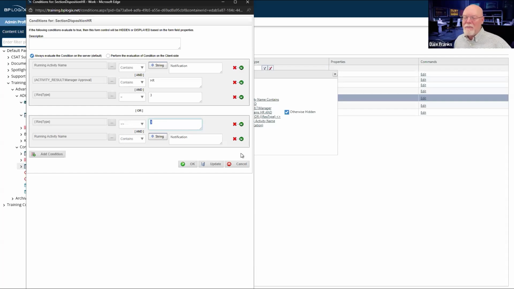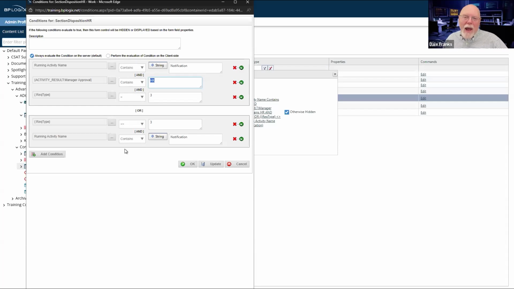But the existence of the ability of the manager to end my task with HR notification just makes everything a little more complex. So I've actually got two conditions under which this runs. A, if it's any request type other than 3, and I'm running the notification activity. And then I've also got, if it is a request type of 3, which is a complaint, and the manager says it goes to HR, then I've got to send out this notification.